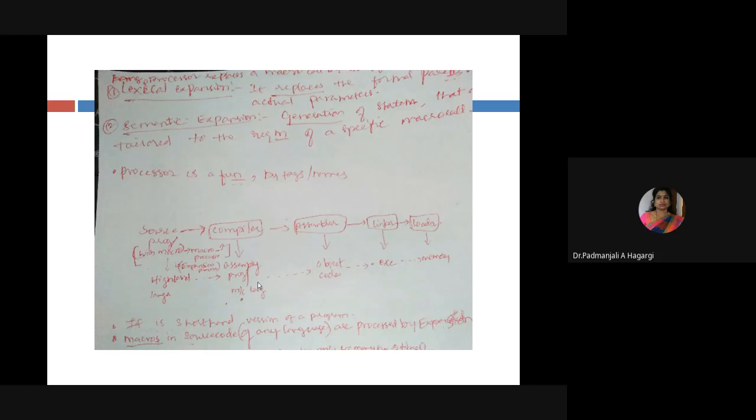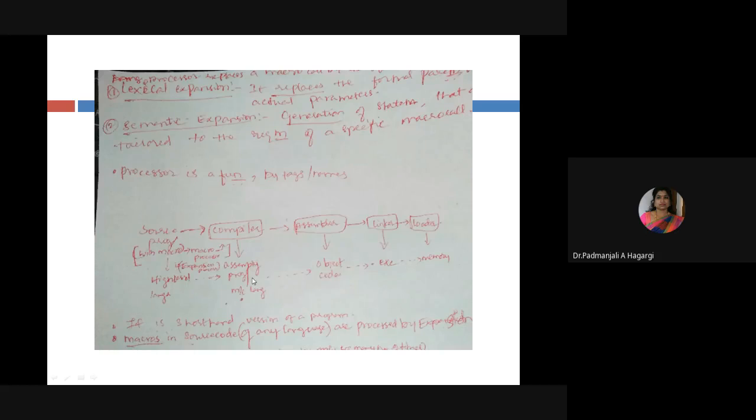The second stage is whether it is following the syntax or not. Once it follows the syntax, automatically it generates the meaning. It is then ready for generating the low level language, that is assembly language. It generates the assembly language.